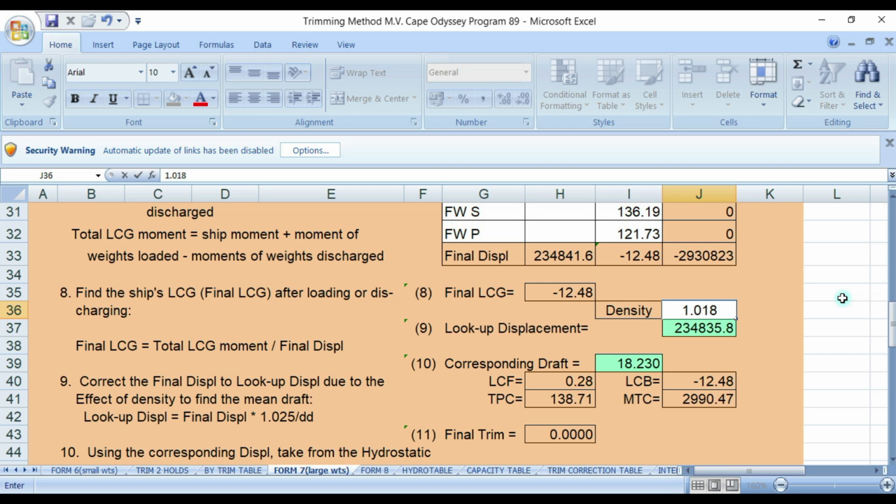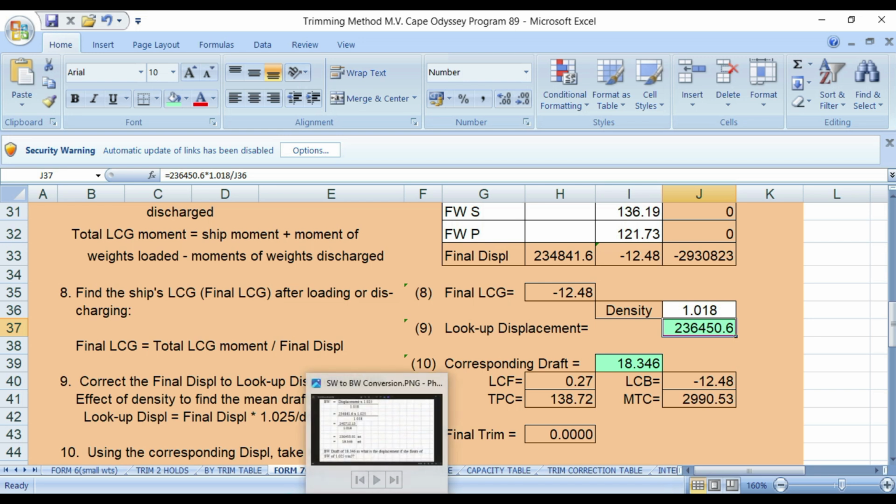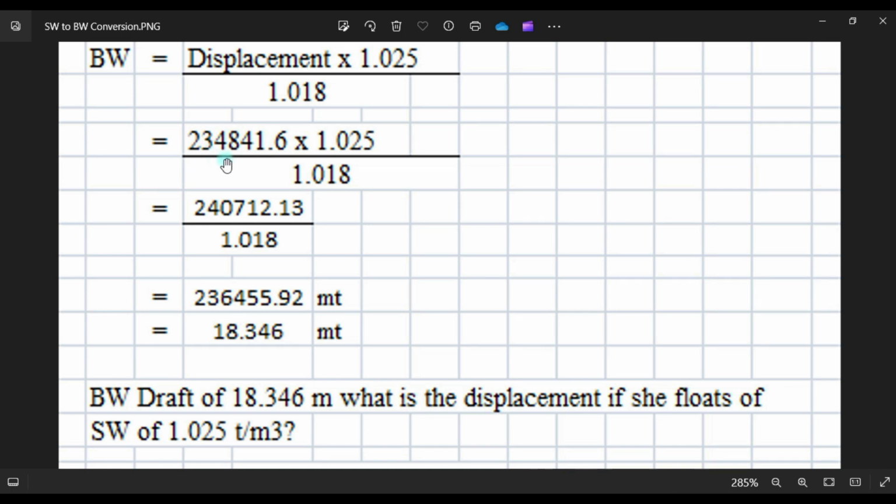Okay, now what is the formula? The formula is displacement times 1.025 over 1.018. Okay, just remember this one, guys. So let's go to the program.